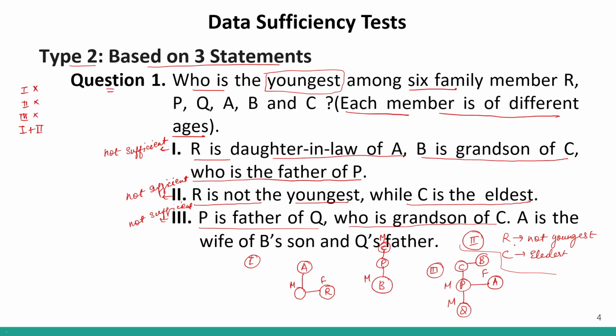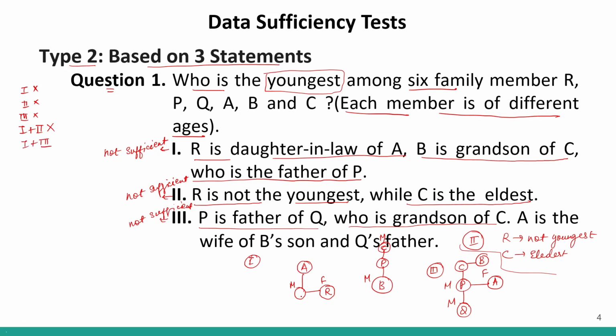Again, no, because we do not know where R will come, where R will fit into this, and who will be the spouse of R. So this statement is also not enough. Combined 1 and 2 is not enough. If I combine 1 and 3,